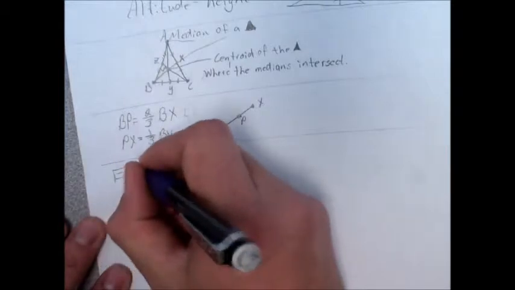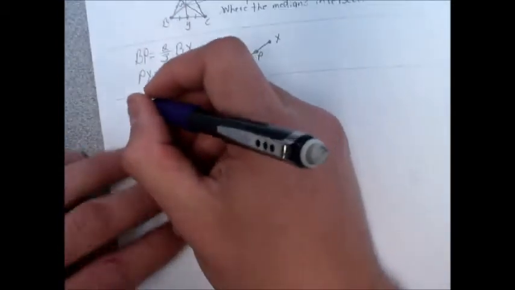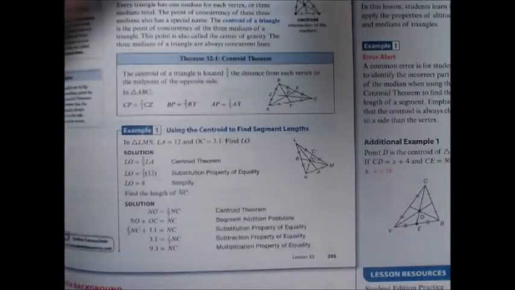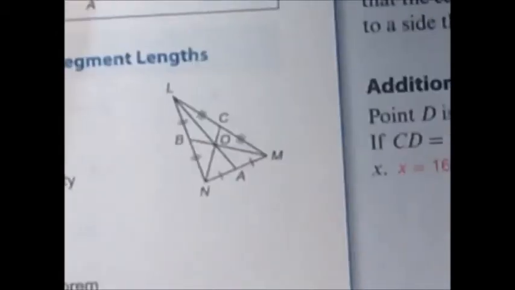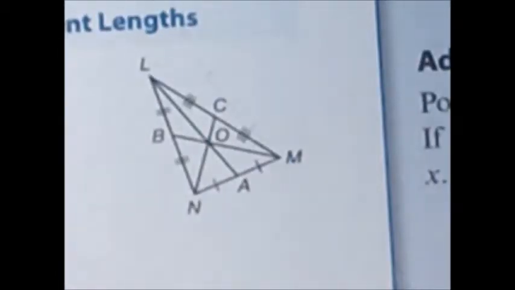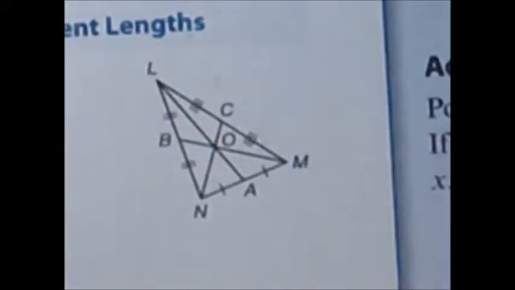Okay, so let's go to example 1 and see what we can establish. It gives us a triangle, and you're going to need to look in your book. So this triangle is the one that I'm zooming in on. Let's let it focus in a little bit. That's a little better. Okay, so it says in this triangle LMN, LA, so I'm looking at the total length